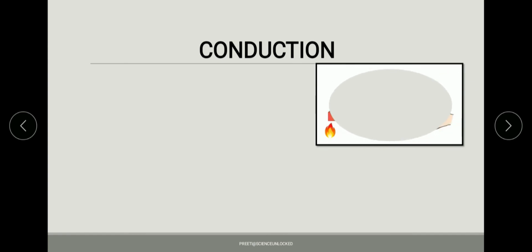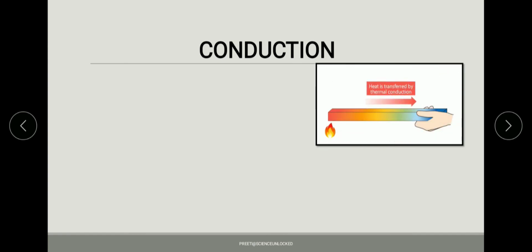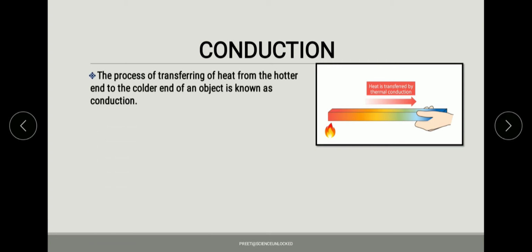The first category is the conduction process, where we talk about the heating up of the particles which are in adjacent proximity with each other. It means that the particles here will be heated up because of the source of heat that we have, and then they will heat up the nearby particles, which will keep on transferring and creating instability till the overall temperature of the material becomes constant, or the other part of the material is also heated up. This is known as the conduction process, where the transfer of heat takes place from the hotter end of an object to the colder end of the object.